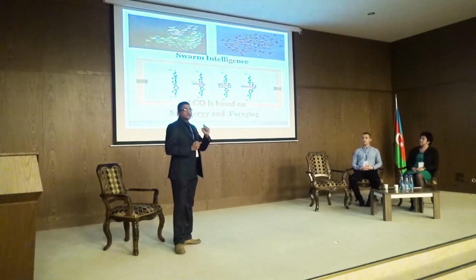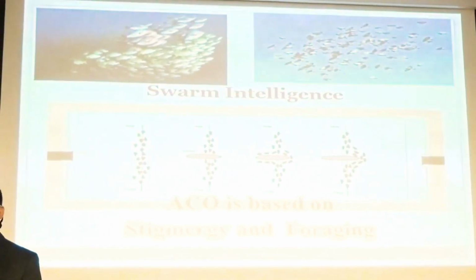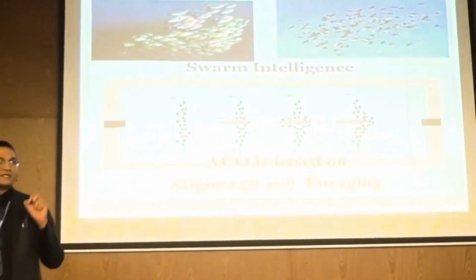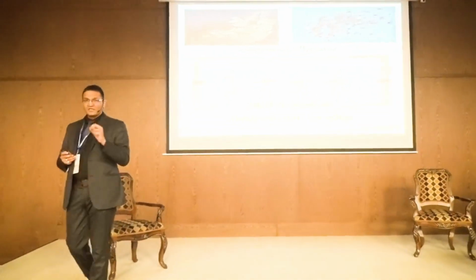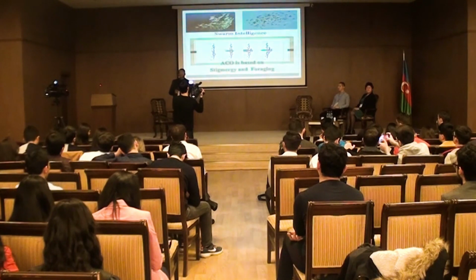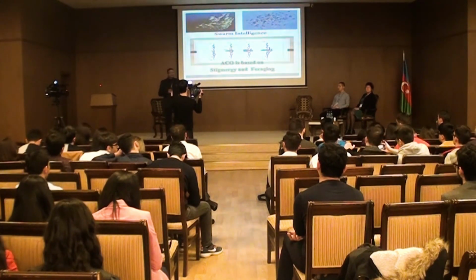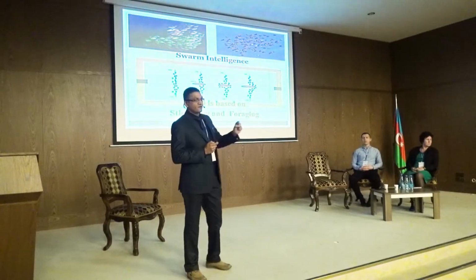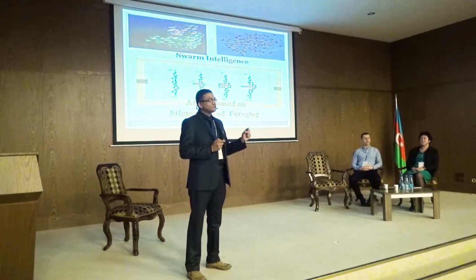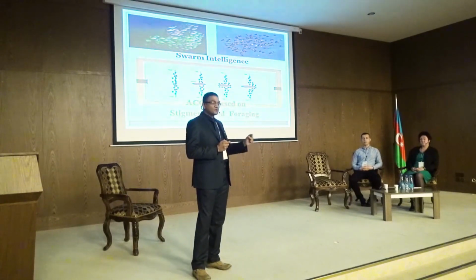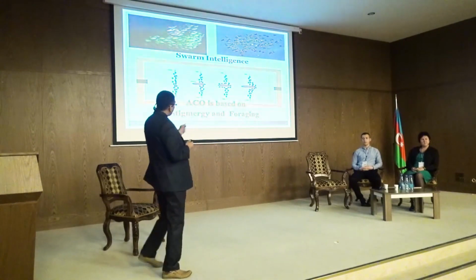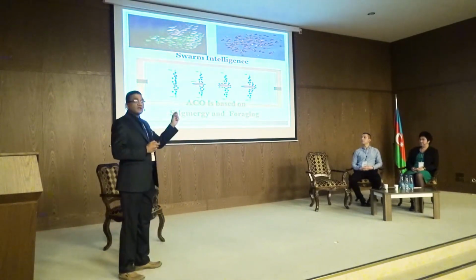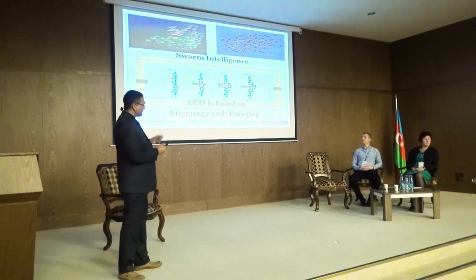When the ant starts searching for food, it has no idea where the food exists. What they are doing is leaving some traces, some marks, when they search for food. They leave a chemical compound called pheromone, and this pheromone evaporates over a period of time. When the ants search for food, they leave this chemical compound, and it helps the successor ant to follow the path. And if you look at the way they work, they are able to find the solution.